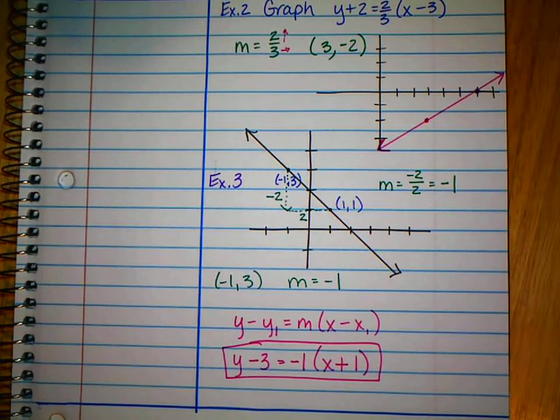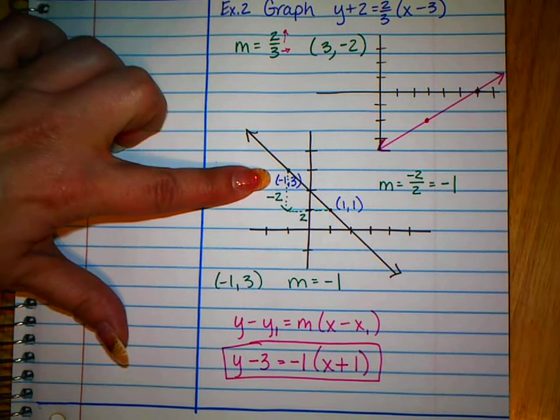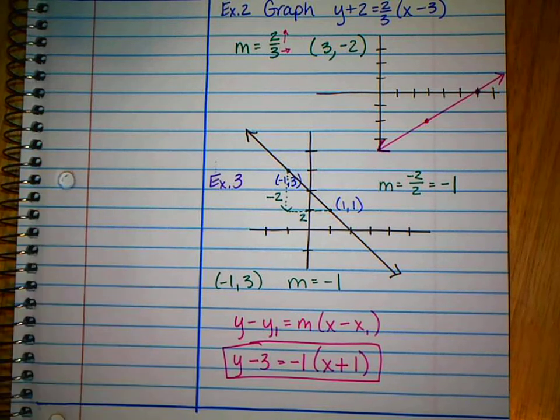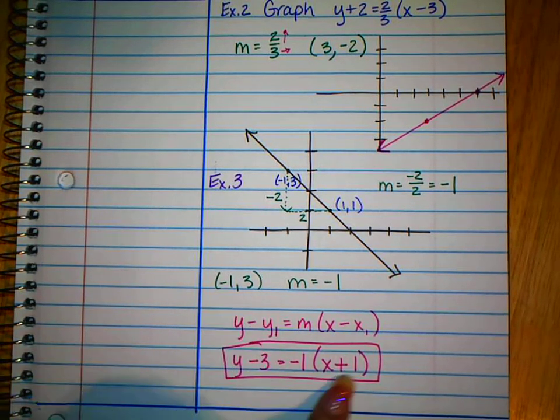And it would probably help if you could see it all. I apologize. Again, I used the left-hand point and the slope, substituted in. And this is subtracting a -1, so